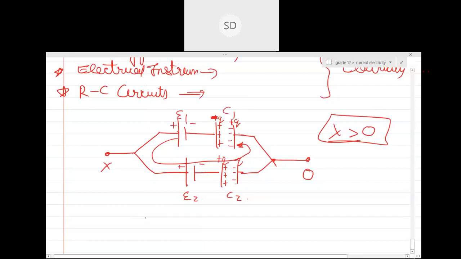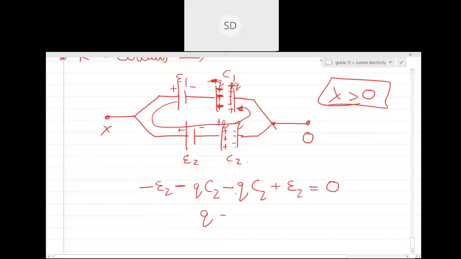So this will be equal to minus Q into C2, because we are entering from the positive terminal, right? Then again, if we suppose this is positive, then we are entering from the positive terminal. This will become minus QC2, and then plus E is equal to 0. From here, Q will be equal to E1 minus E2 upon C1 plus C2. Yes, you will have to assume this as positive and this as negative.